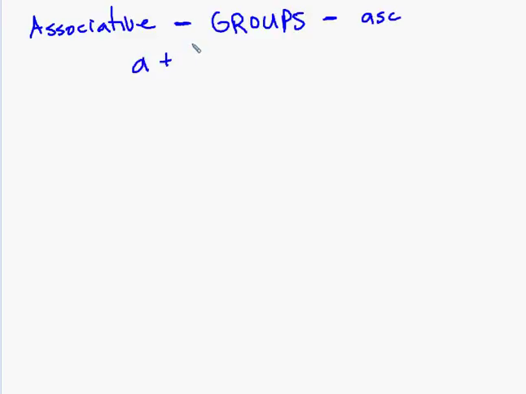Next is the associative property. And in a word, this has to do with grouping. I can change the order of the grouping, and we'll use ASC for an abbreviation for that. The associative property. What do I mean grouping? Well, let's say I have 3 things. Maybe I have A plus parentheses B plus C. That's going to be the same as if I move that grouping. See, the parentheses are a grouping symbol. If I move the grouping symbol,